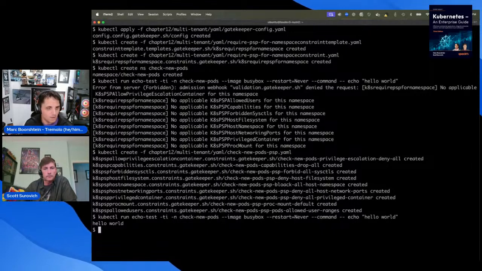So if you want to allow restricted, that's at the namespace level. That's not the pod level. And that could be really constraining, especially in a cloud managed world where you go to mount a PVC. We talked about in the beginning of the chapter, should not run as root. Thou shalt not run as root, right?